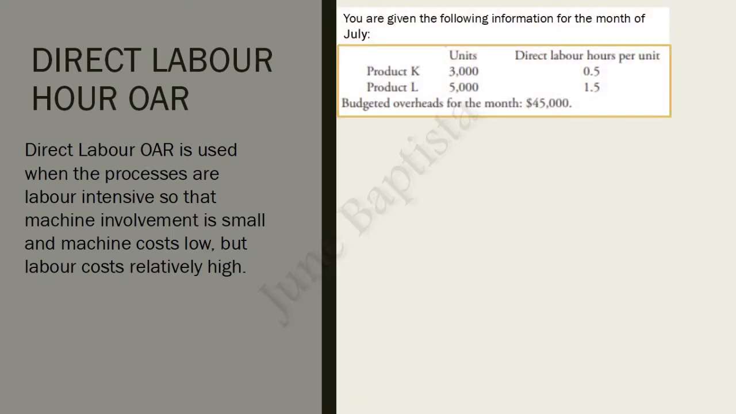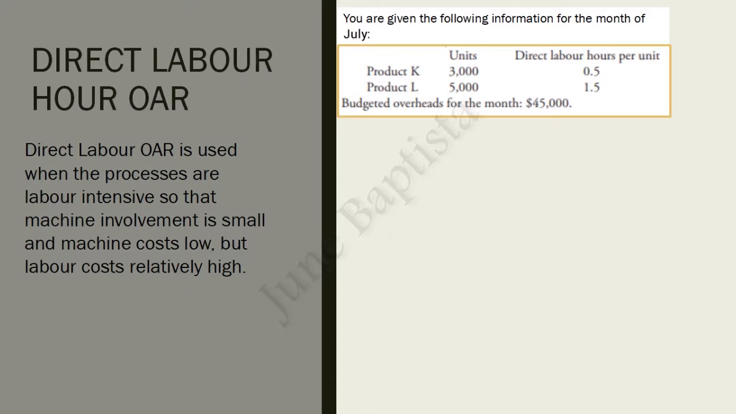Here is another example taken from my book, Revising AS Accounting, a Study Guide. You are given the following information for the month of July. Budgeted production of product K, 3,000 units. Budgeted direct labor hours per unit is 0.5. Budgeted production of product L, 5,000 units. Budgeted direct labor hours per unit 1.5. The budgeted overheads for the month is